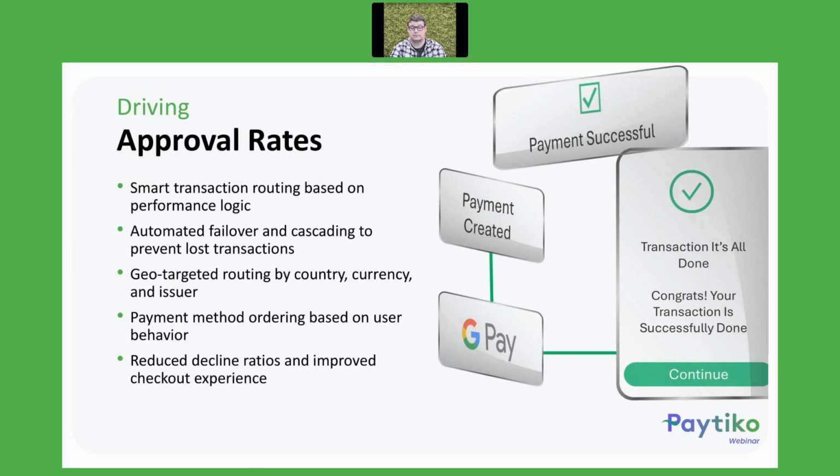Well, no need to worry about it anymore, because what we do, what is this automated cascading, is that in the event that the PSP cannot handle a transaction, we are going to reroute it automatically to the next PSP in line. So if PSP 1 cannot handle it, no worries, we'll go to PSP number 2, we go to PSP number 3, we go to PSP number 4. All happening in a couple of seconds, while we are seeing this loading screen that says please wait, your transaction is being processed. This technology runs in the background, ensuring that there will be a way for the transaction